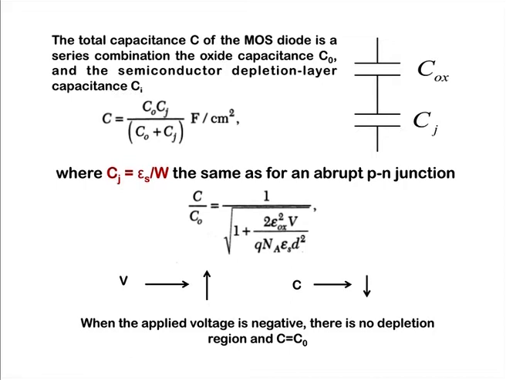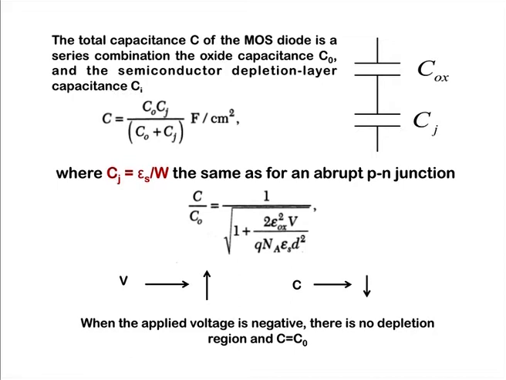So, the overall capacitance of our device we can write as C equal to C0 Cj upon C0 plus Cj. Here you can see on the screen, the junction capacitance is Cj equal to epsilon s upon W. This one is similar to the PN junction, and here we are taking the cross-sectional area as unity. So, now we can write, if we substitute the depletion width we have derived,